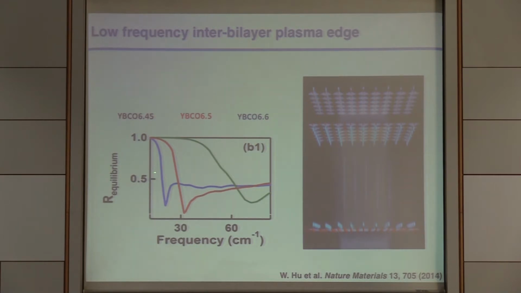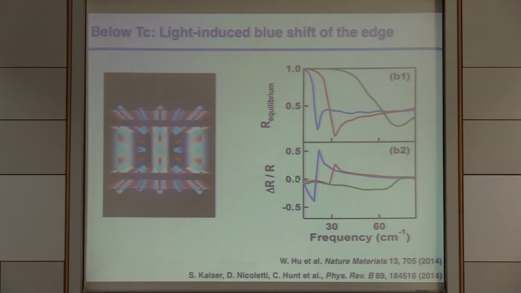So if you come in this situation in which you already have an edge, and you now pump the apical oxygen mode, what you find is a change in reflection, which actually can be reconstructed to show you that there's a consistent blue shift of the plasma edges, as if the coupling between the bilayer was becoming stronger. And if this were to happen at equilibrium, you would say, well, this has got to be a higher temperature superconductor